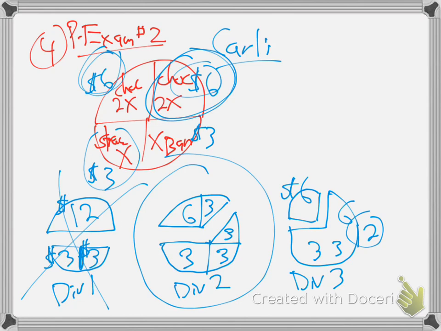Yes, that's what Carly will do. Those are equal value to Carly, and then she doesn't care what Dale picks. She's okay with getting last pick. You see how I figured out the 3, 3? Because this is just splitting this 6, just cutting it right in the middle, so 3, 3. That's the 6, 6, 3, 3. Everybody good with all that?